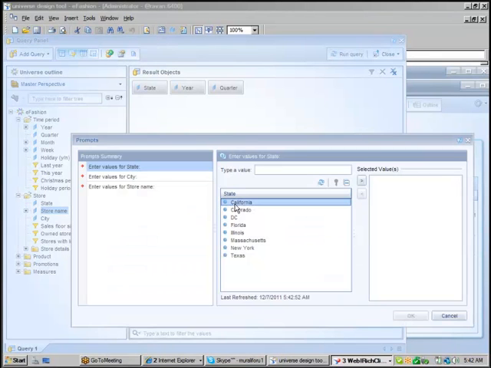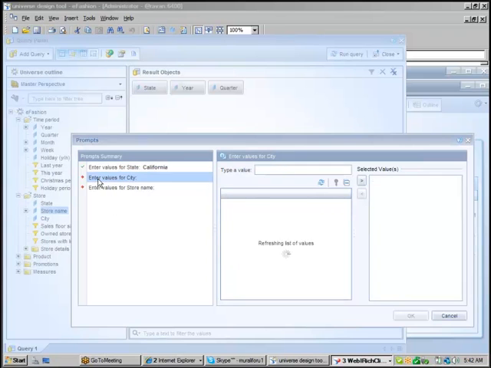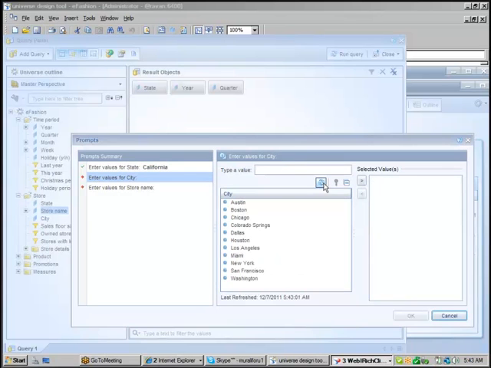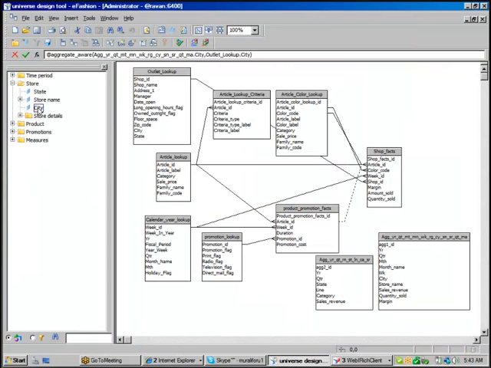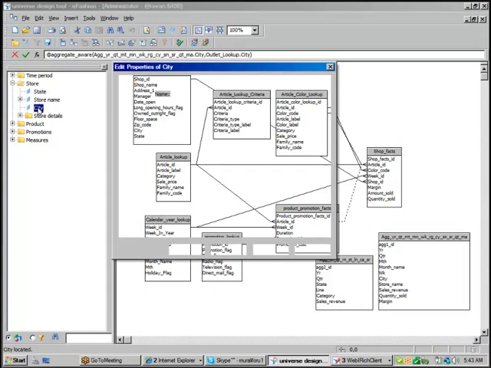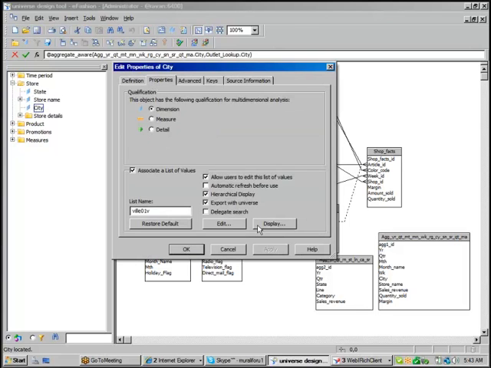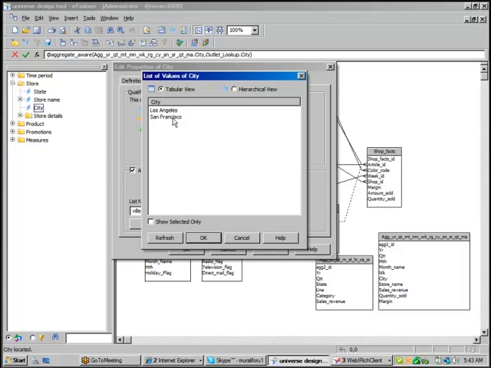This time select state as California. Cities is now displaying all cities, right? You need to display only cities which are there in the same state. Here when you see your city, it is displaying only the cities which are selected for that particular state.